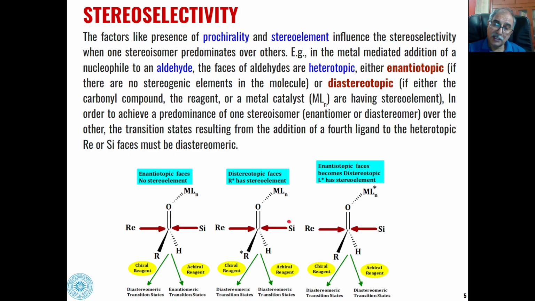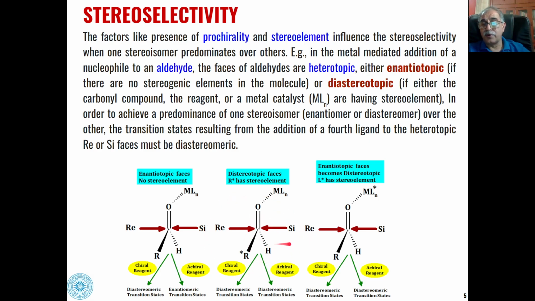So when another chiral center is created because of the prochirality present in this molecule, the type of product formed will be diastereomers. So here, whether we use a chiral reagent or an achiral reagent, in both cases we will pass through diastereomeric transition states,